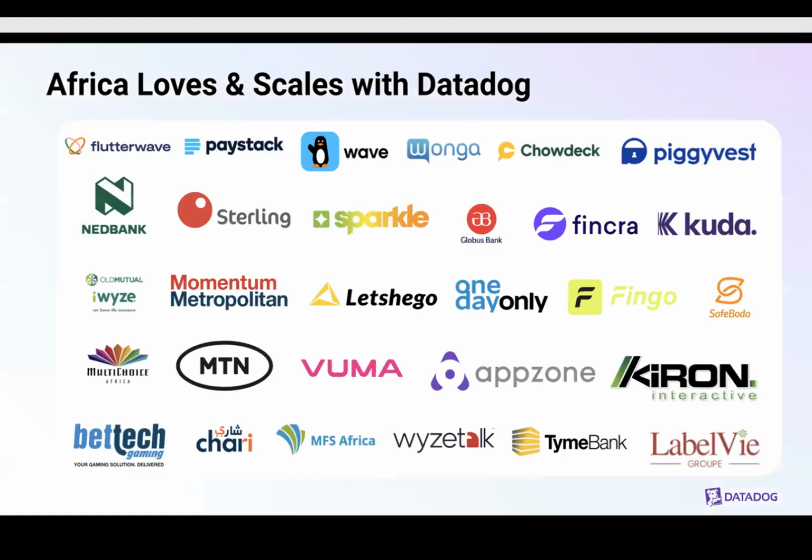This is probably a slide where I'm hoping you'll see some names that ring a bell. Here are some really big African customers who use Datadog, and it has helped them scale: Flutterwave, Paystack, Sterling, and more. If you have any questions about those particular use cases, we're more than happy to help. The important thing about today's topic, observability, is, as you can see from these big names, it's important across many different industries.